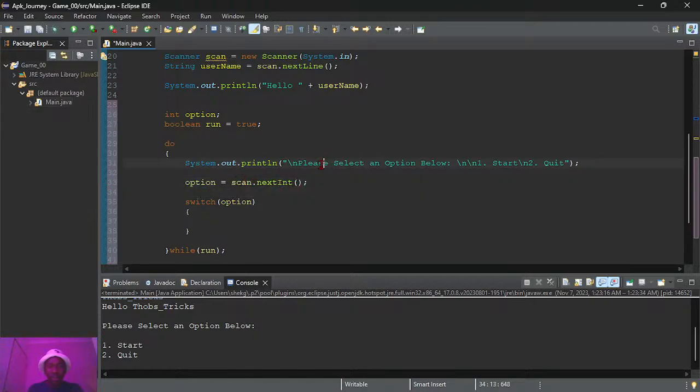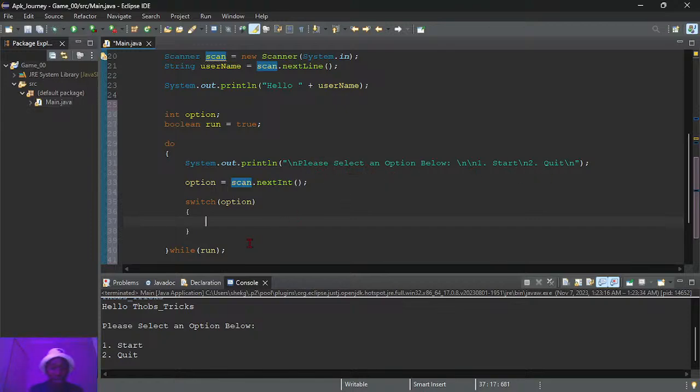So after that, let me just do another, how do they call this again? Next line or new line. And then it's gonna output this and say to the user, please select an option. Then the user will have to input that option. If it's one, then we do something. If it's two, we do something. If it's not one or two, then this will have to repeat again and say to the user, please enter an option.